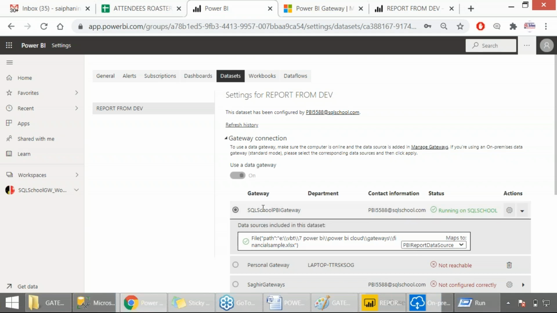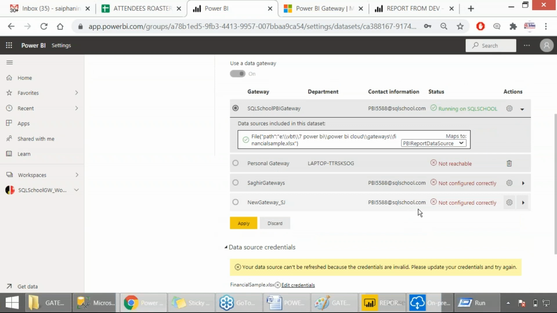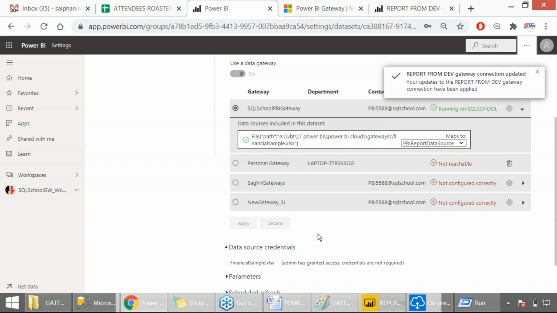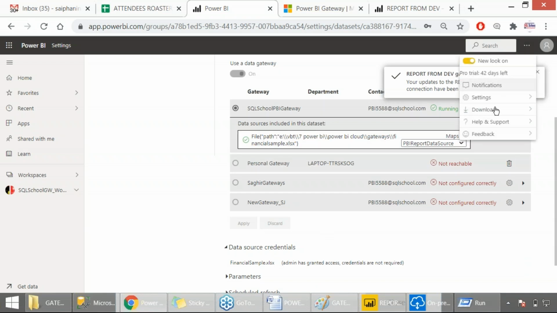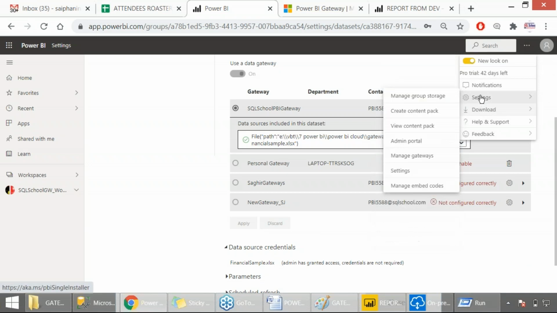See there friends, inside the gateway, the data set, Power BI report from dev data set has to be mapped to the data source. Excel file is a data source, and here is our data set in the cloud. Once you get this mapped down, simply click apply and you are done. Simple and straight. I repeat, 3 steps: download, next settings, manage gateway, and third step, final step,